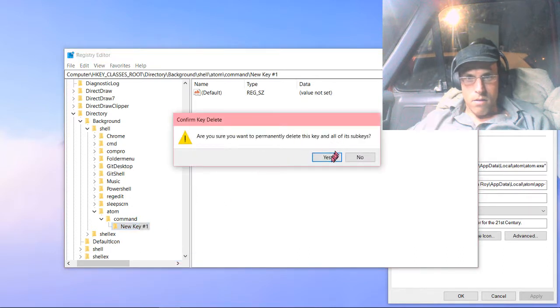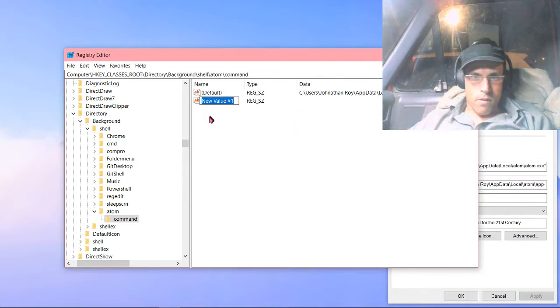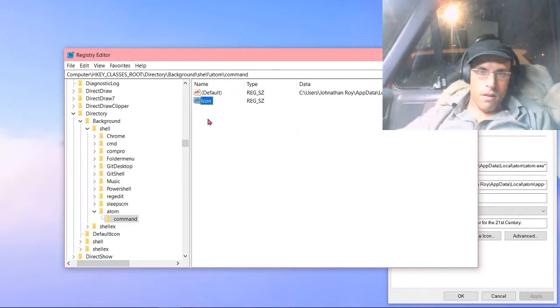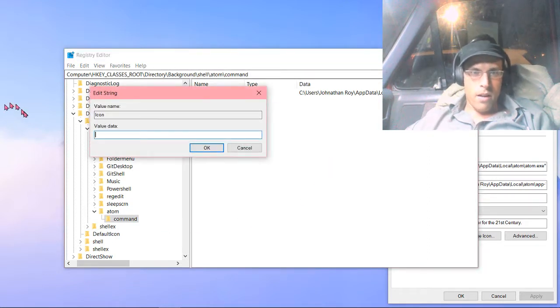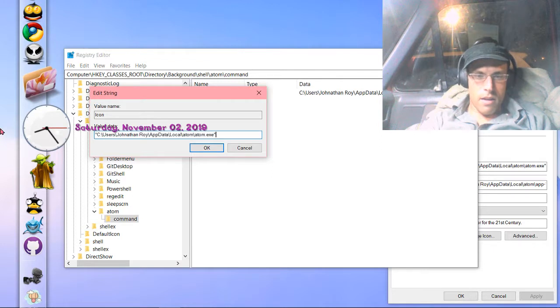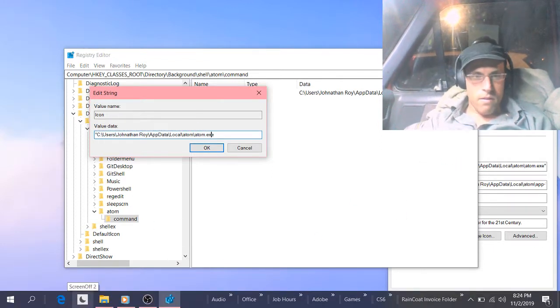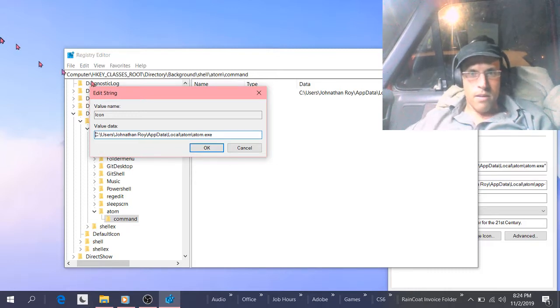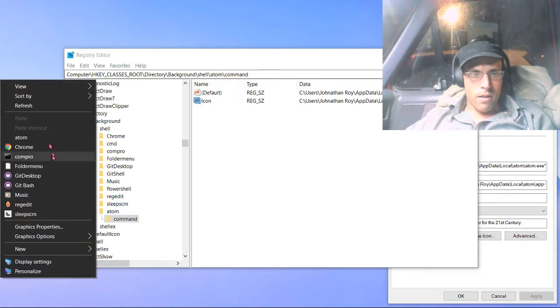Delete it. New string value. We're going to type capital ICON, icon, enter, and then right click on it and modify. And we're going to paste in the same exact root path for the file. We'll click OK, and now when we right click,